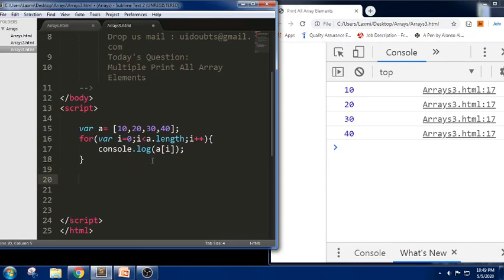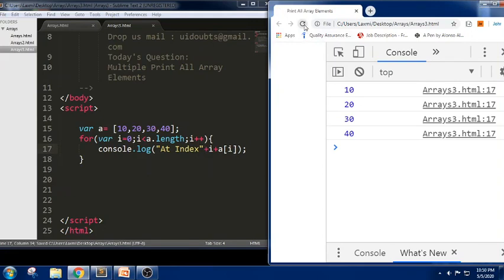For example, if I want to print the index values, we can write "at index" and then i. So we are trying to print the list of index values here. Let me write this snippet.